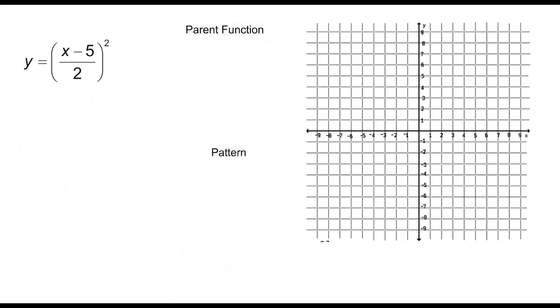Let's keep moving with some more examples. So here's the first time we have this number in a denominator of the function. So this is going to be our b value, which means in this case we know we stretch horizontally. So this is going to get wider. Parent function is still x squared. Pattern still